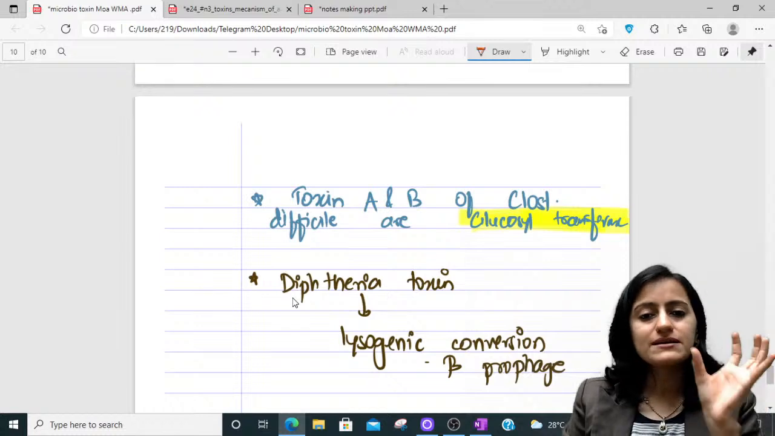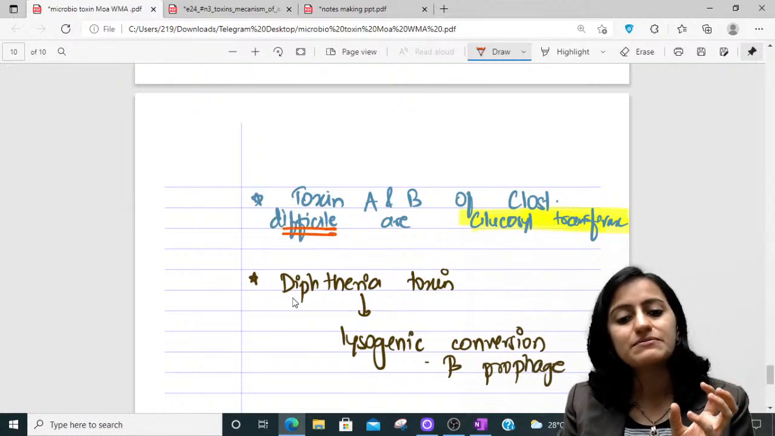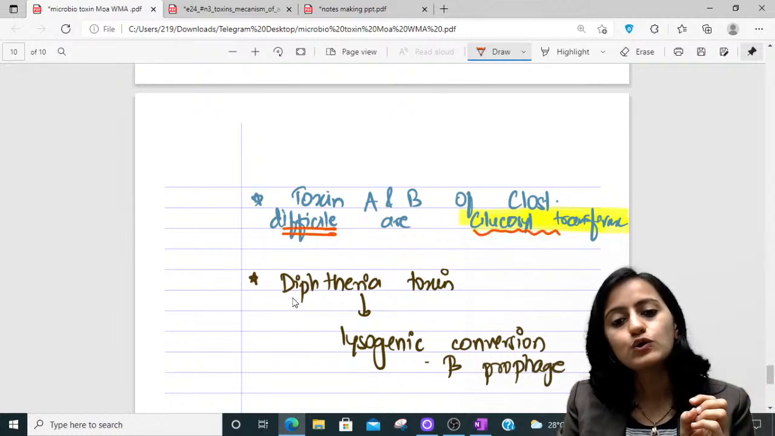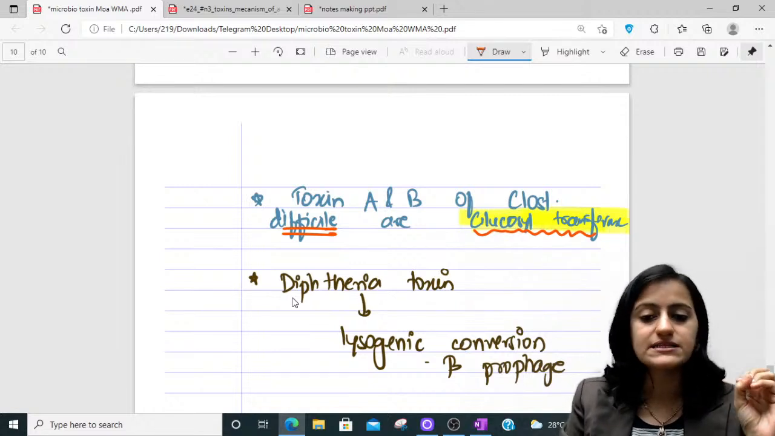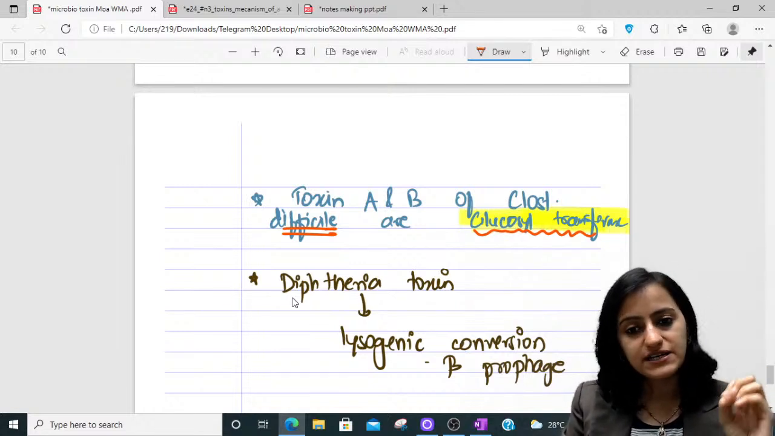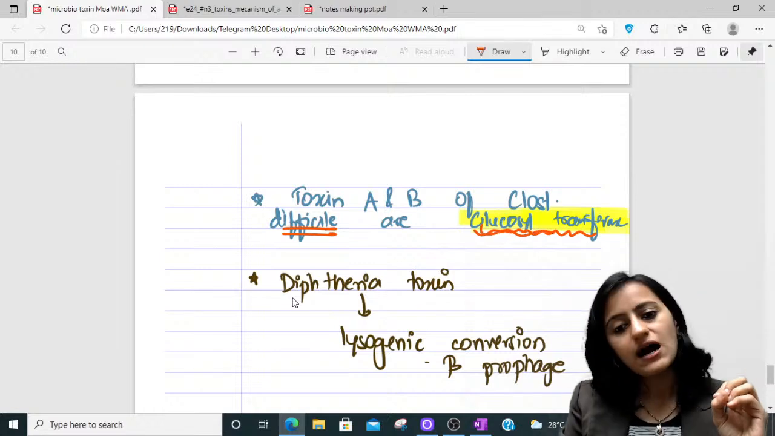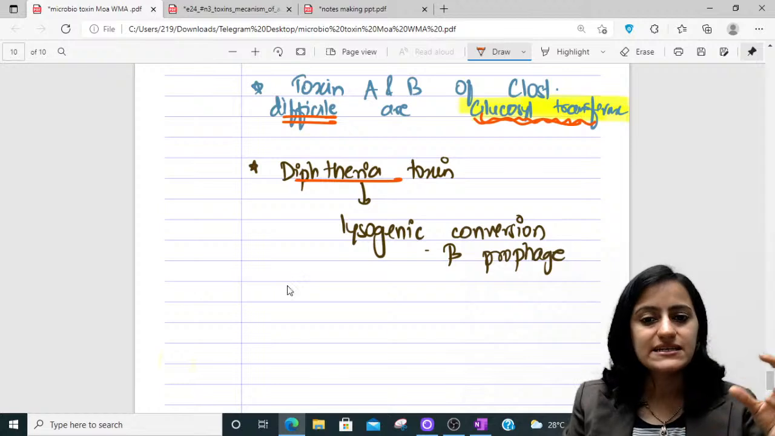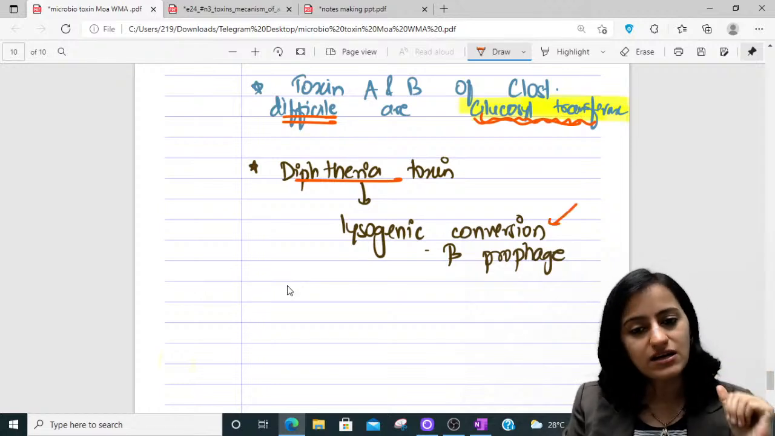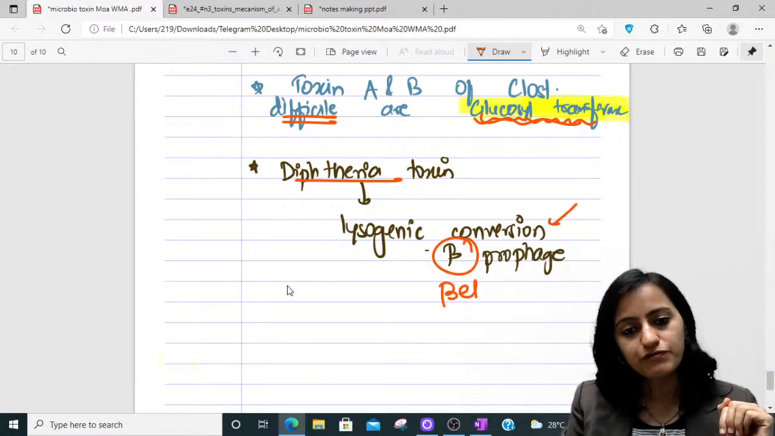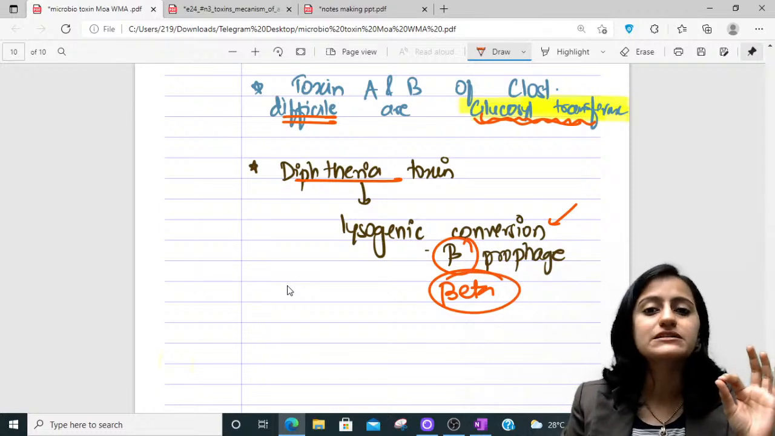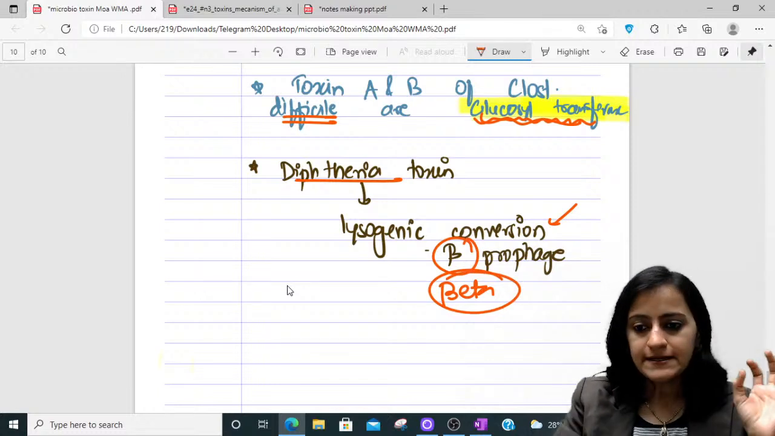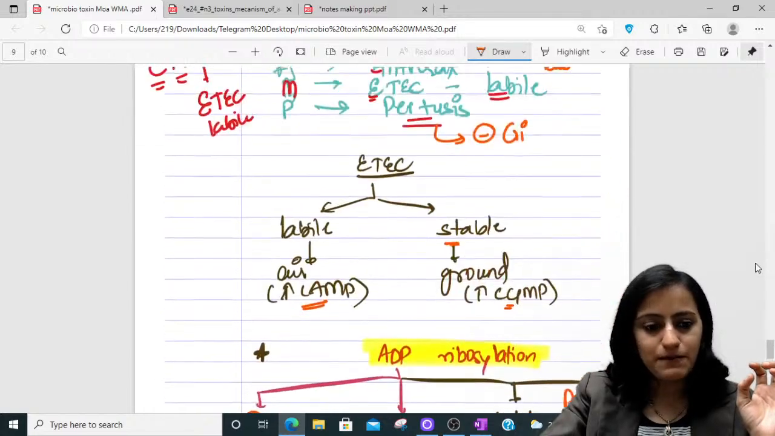Important point, remember that the toxin A and B of Clostridium difficile, these are glucosyl transferase. Okay, these are glucosyl transferase. Clostridium difficile toxins are glucosyl transferase. And diphtheria toxin, we said it is active by your lysogenic conversion. Beta prophage is required, right? It's your beta prophage which is required. So that was about the toxins